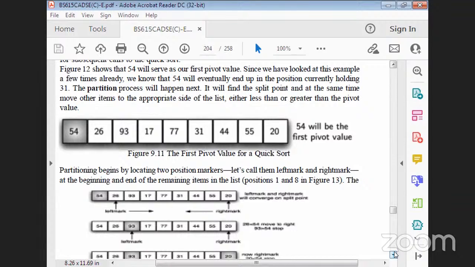So already I told you that we need to pick one element as a pivot element. I picked, in this example, 54 as my pivot element. What will happen after one iteration? It will take my pivot element into its appropriate position, and the elements less than the pivot will be towards its left side. The elements greater than the pivot will be towards the